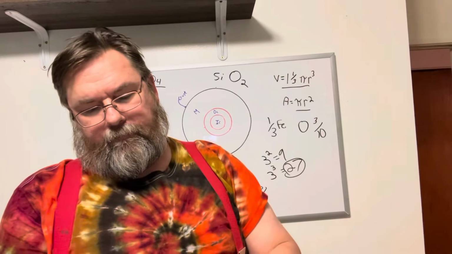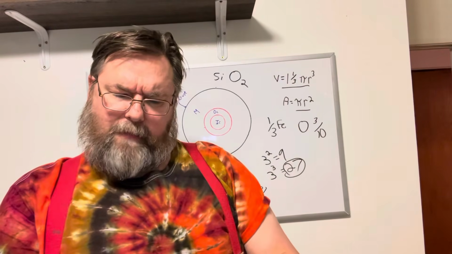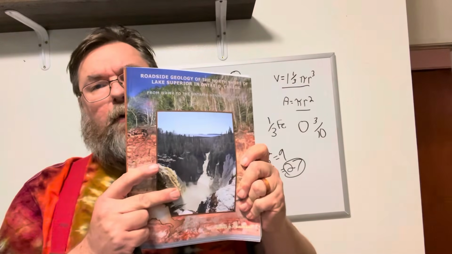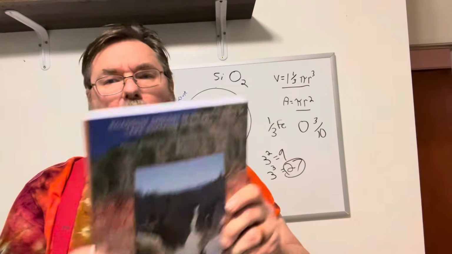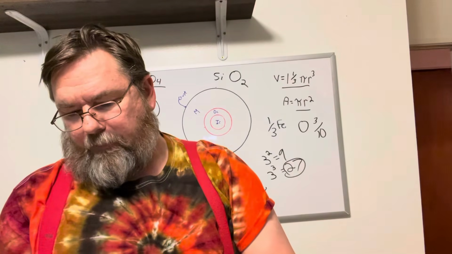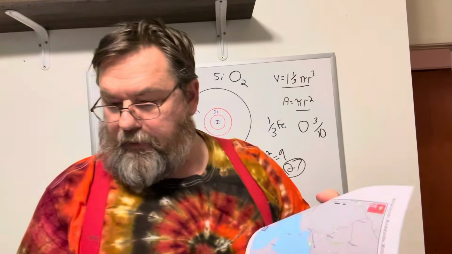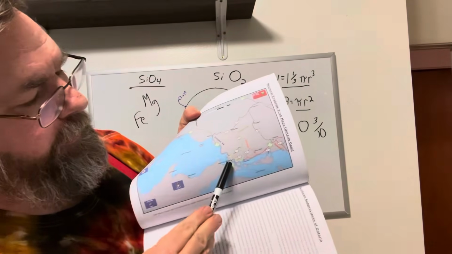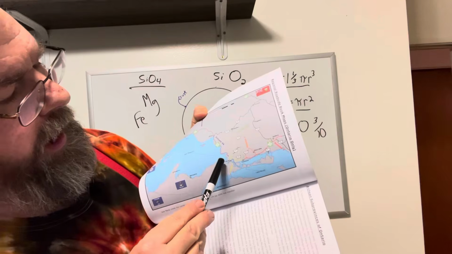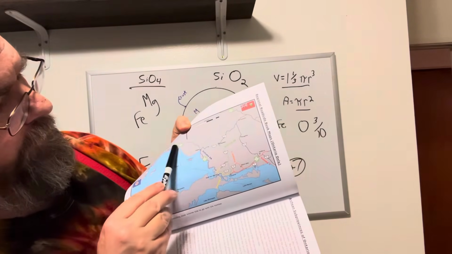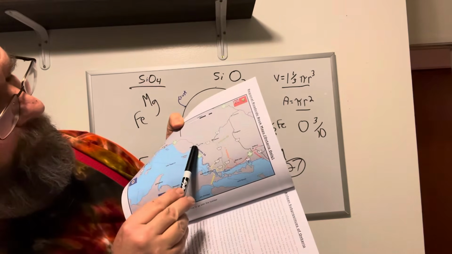And for some reason, I can't seem to find my map. Anyway, and then I will be redoing this book as well, the North Shore, because there's a couple more I want to look at. This should have an updated map in it. Yeah, this one here is this right here, volume 4A. 4B goes this way, and I'm going to redo this one as well. The outcrop is about right there,